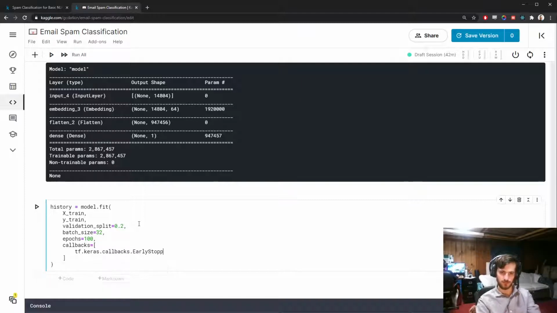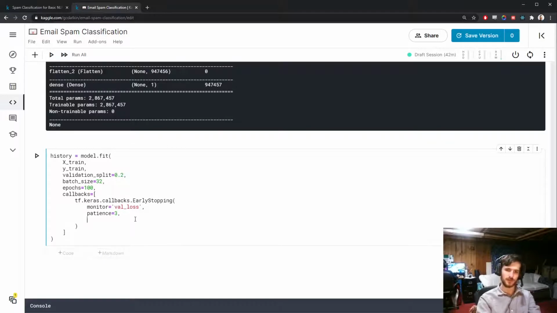tf.keras.callbacks.EarlyStopping. Here we will monitor the validation loss and set a patience threshold of 3. So when the model's validation loss stops improving for 3 consecutive epochs, we'll stop the training and restore the weights